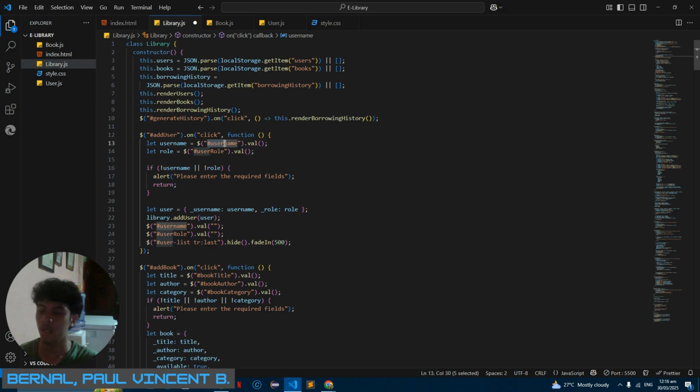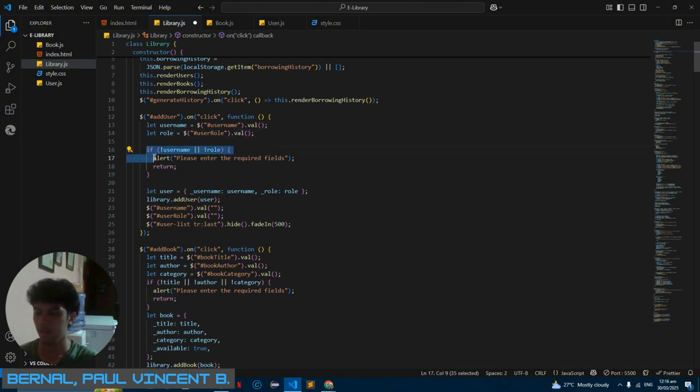We call the username ID dot val, which means the value of the field. Same as role, so user dot role and that value. In this line of code, we use an if statement to validate if the field is empty. If the field is empty, there's an alert message to enter the required fields, and we also use return.